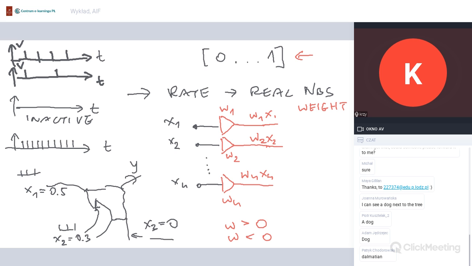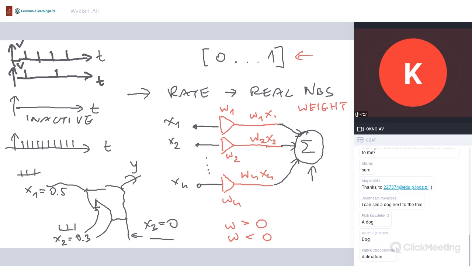So what happens next? All these contributions are then being accumulated in a cell body. Accumulation is just summing of charge. But this is a weighted charge, because now I have a charge. This x1 represents a real value that corresponds to the amount of charge that has been delivered, but modified using a weight factor. So basically here in this place, this is a cell body.